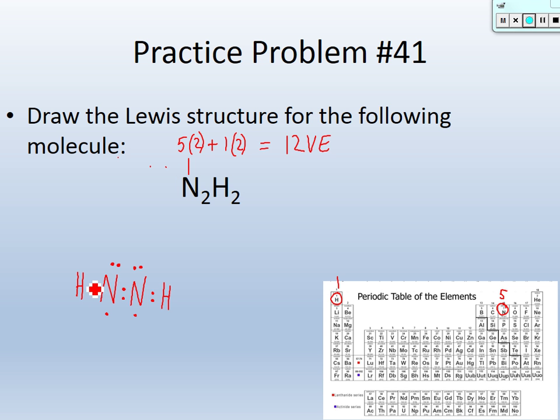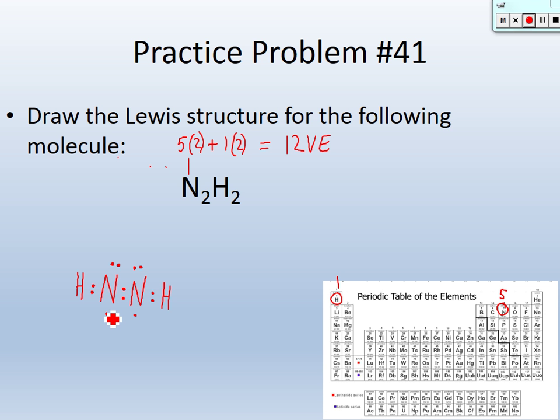This hydrogen feels like it has 2. This hydrogen feels like it has 2. And that's what hydrogen wants, is 2 valence electrons, so we're good there. But the nitrogen, 1, 2, 3, 4, 5, 6, 7. It wants to have 8. So